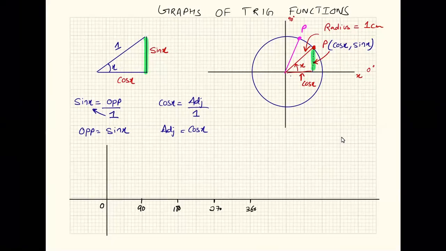Now if the value of x was 0, where do you think this point P would have been? At 0, it will be on the circumference, right? But where should I mark, take this red pointer? If x is 0, meaning the radius, this is the line we are talking about then. Would you agree with this? Then point P should have been marked over here if the angle was 0. Yes or no?